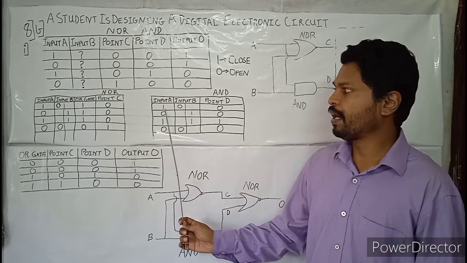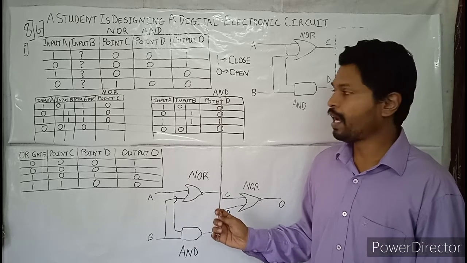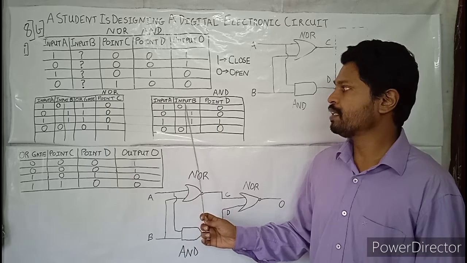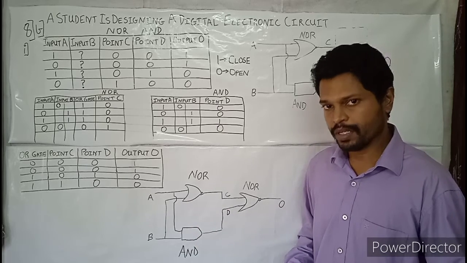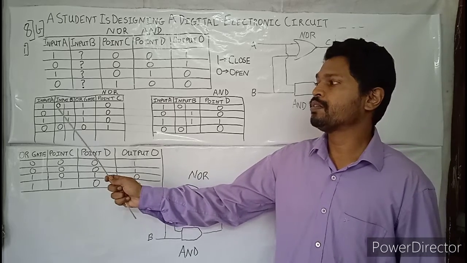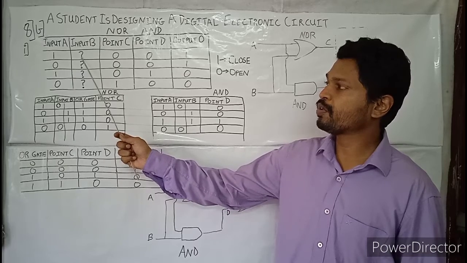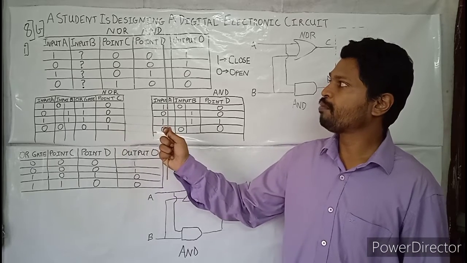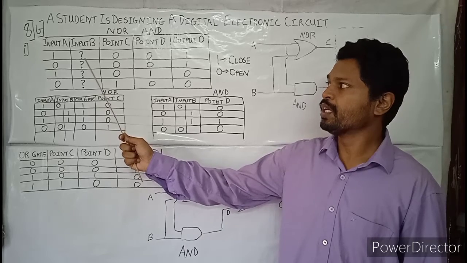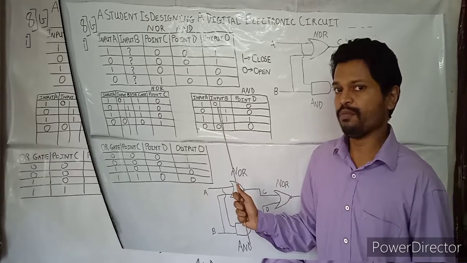This and this. Okay, the answer in the truth table for the AND gate, you can check, the values this and this will come 0. That is the reason why I have taken 0 over here, because point C also should have the same values, and point D also the values we are substituting over here. If we had taken 1 over here, it wouldn't have matched.